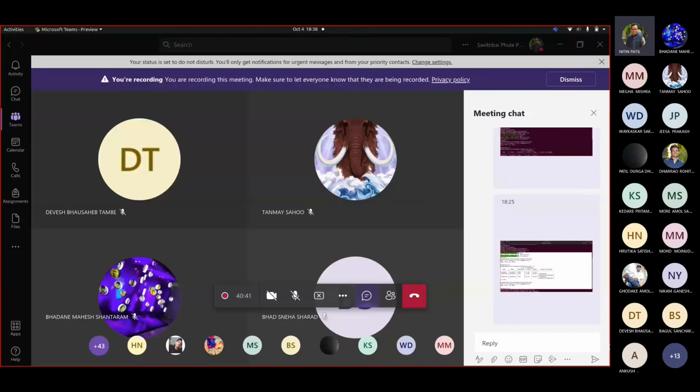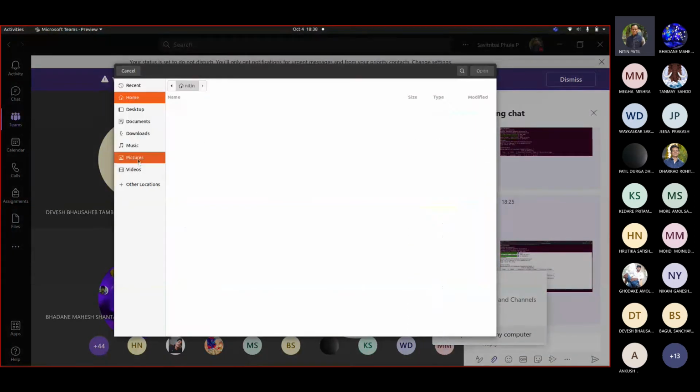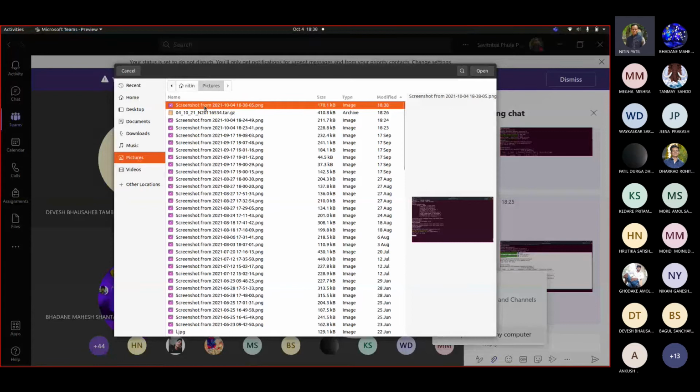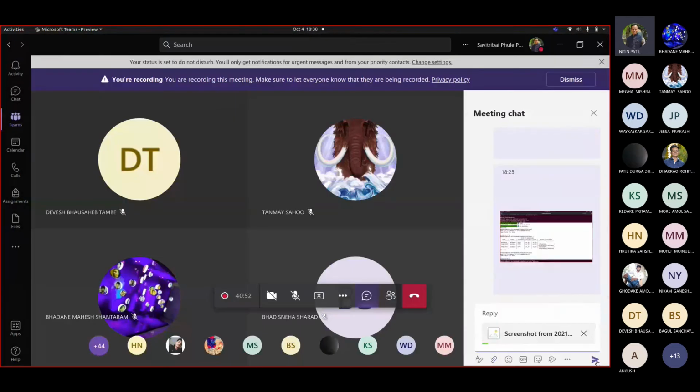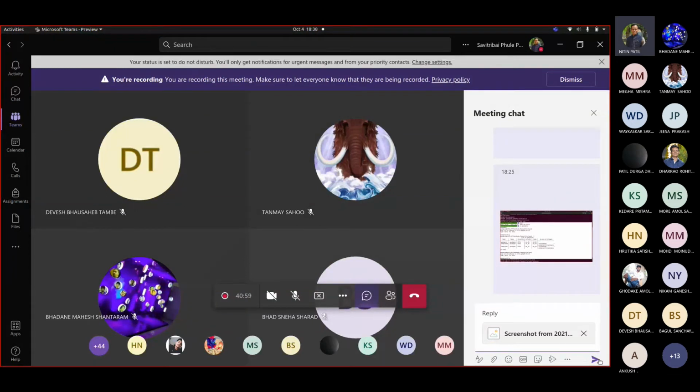So I will take a screenshot and then I will add it here again for your reference only. Only for this lecture I'm uploading these screenshots. From the next lecture, I'm not going to upload anything. If there is something important, only then I would add it. So you are going to create this kind of screenshots the way that I gave you here as a sample. Fine.